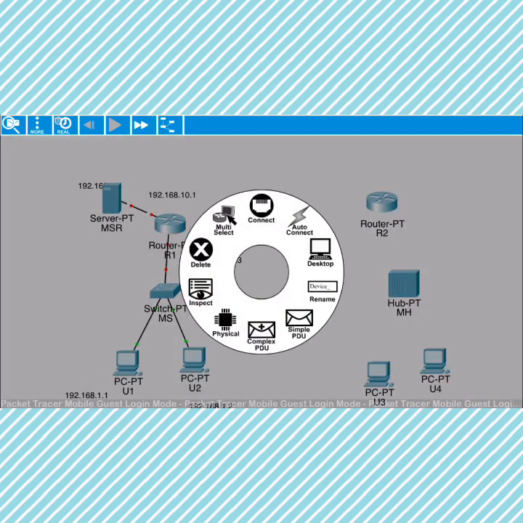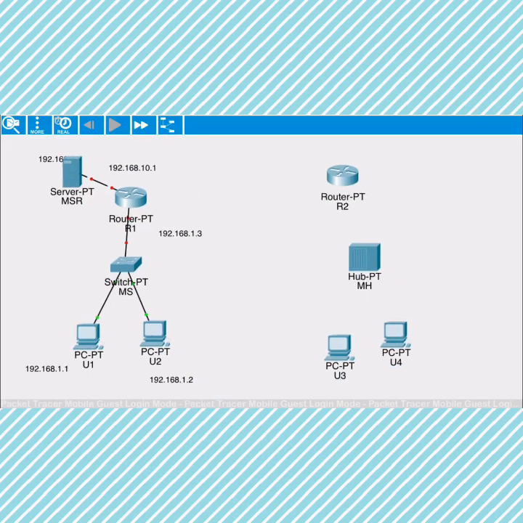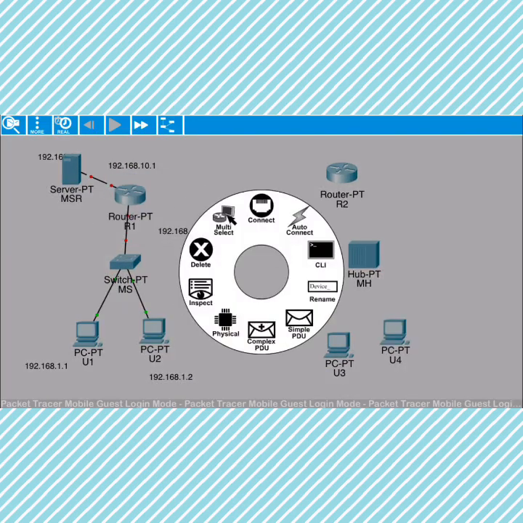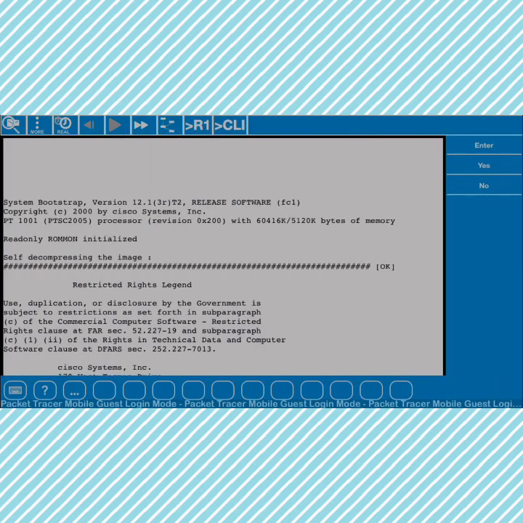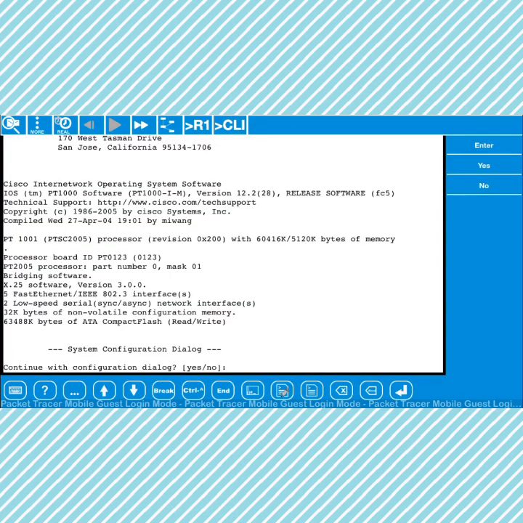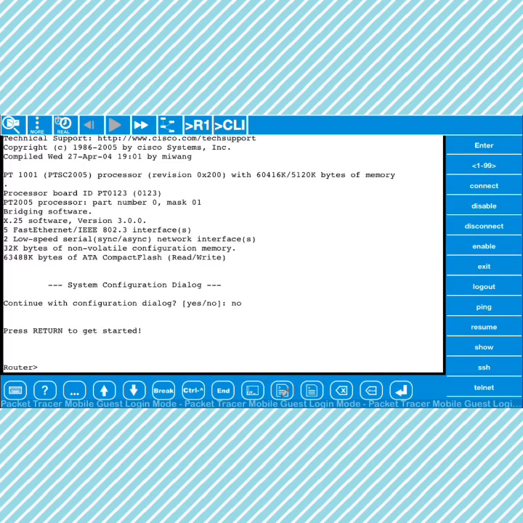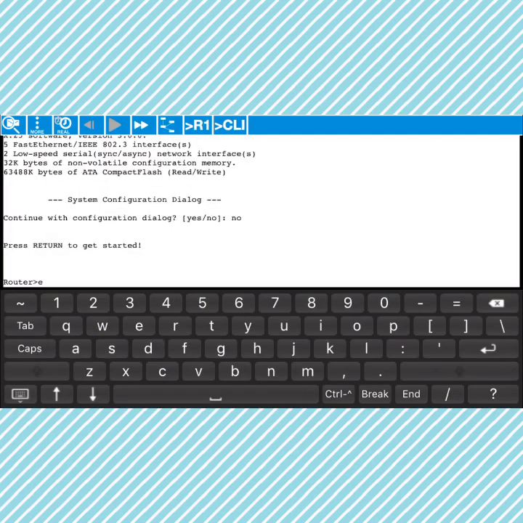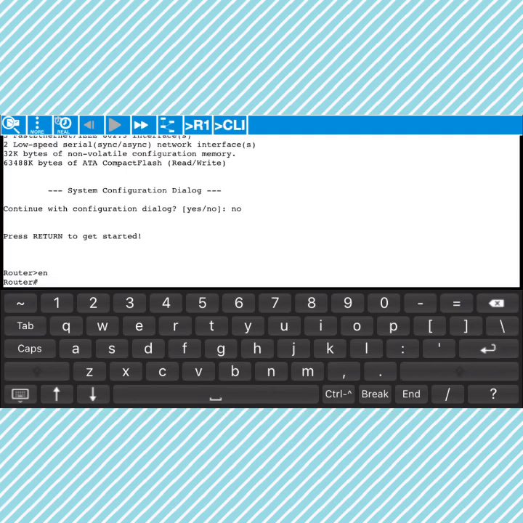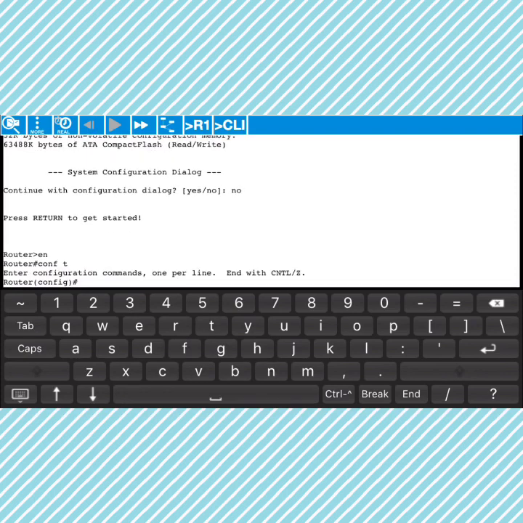So configure na rin natin ngayon si router natin. So to do that, let's click the router and CLI. Here is the interface screen of the router. So we will press no and press enter. So now we will type n, space enter, and then type conf t enter, type int fa,